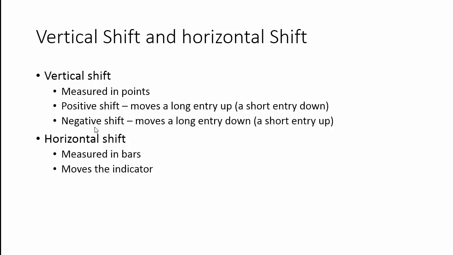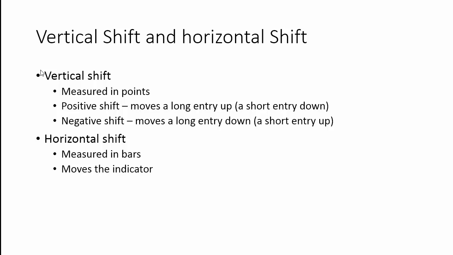And when the vertical shift is negative, it moves the long entry down and the short entry up. This vertical shift is used mostly in the opening point of the position, and it is used to shift the entry price